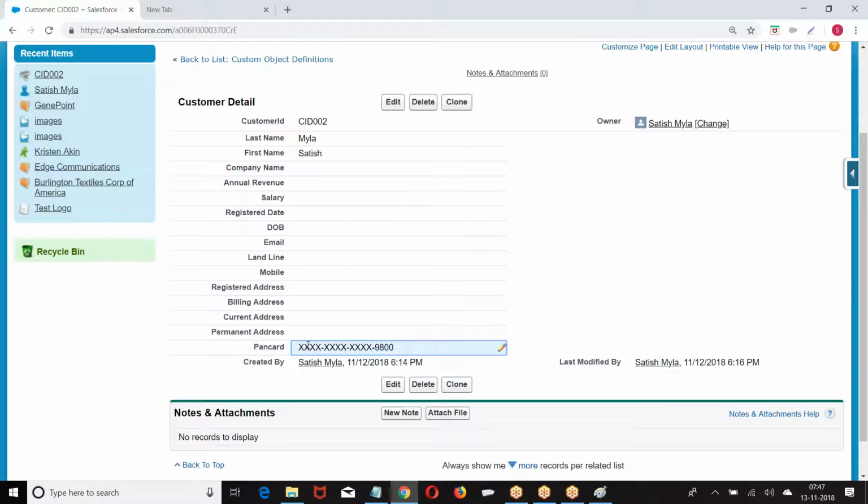You cannot search. Can I use this field in formulas? No. Can I use this in validation? Yes. We can display this field, but it will be displayed in encrypted format only. I can display this in multiple pages, but it will be coming in encrypted format only. Second, I cannot use this in formulas. I cannot use this for searching the data. I cannot write conditions on this field. I can use it in validations. Okay, right. I hope everybody is good with this.